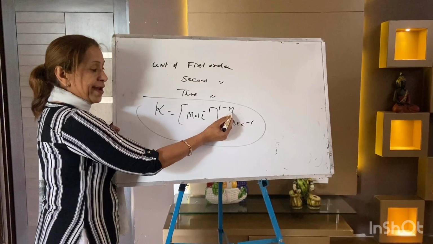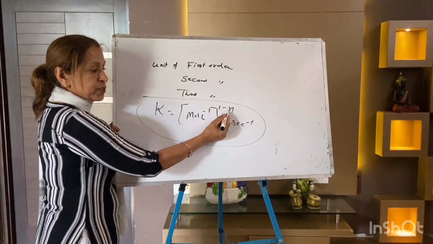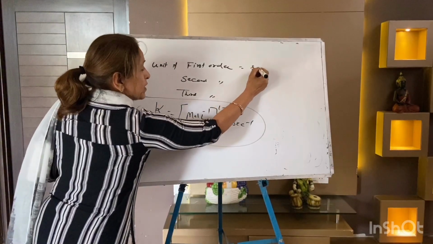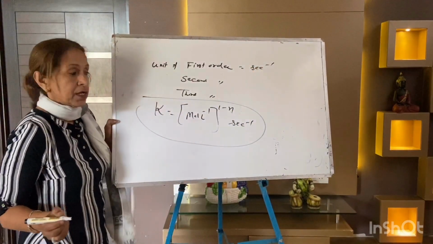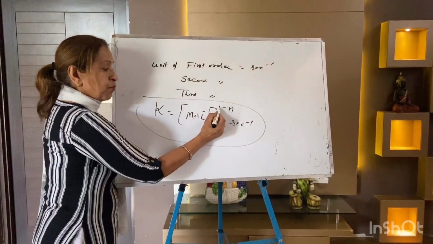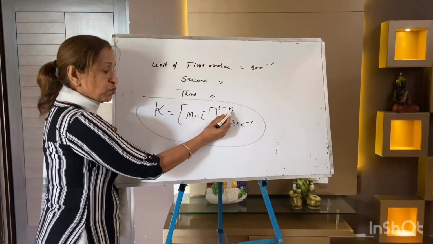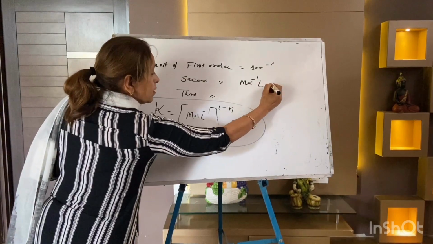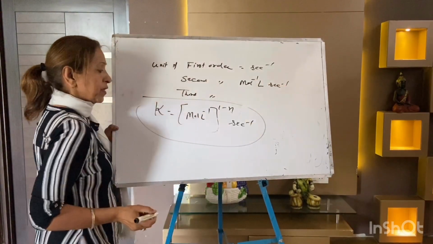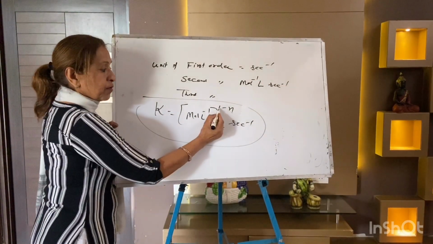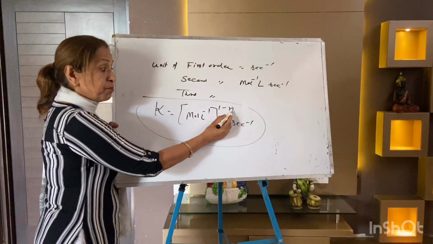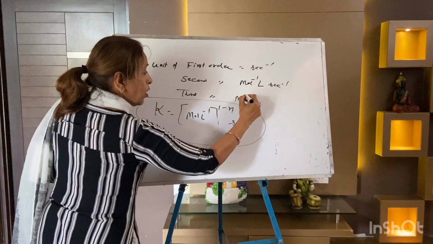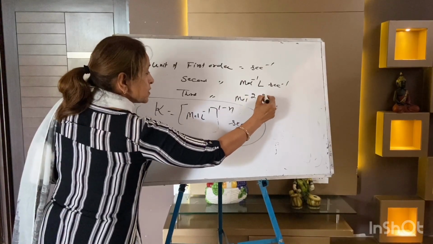If N is 1, 1 minus 1 is 0, and this total becomes 1, your answer is per second. Now second order, 1 minus 2 is minus 1, your answer is per mole liter per second. Now third order, 1 minus 3 is minus 2, your answer is mole minus 2 liter square